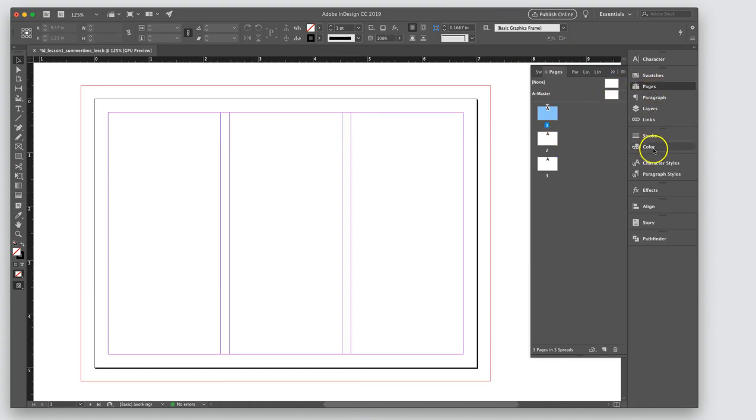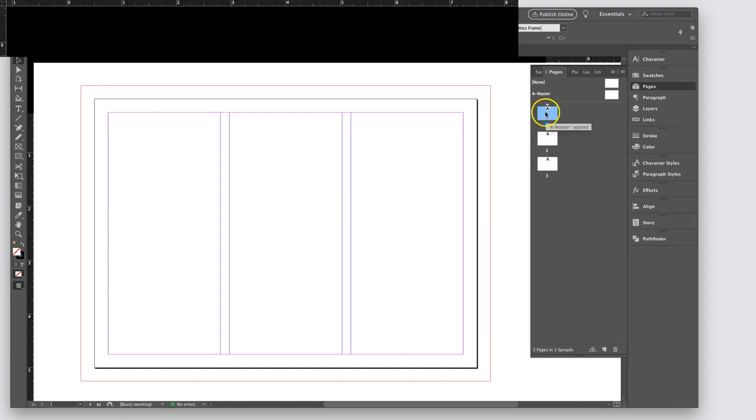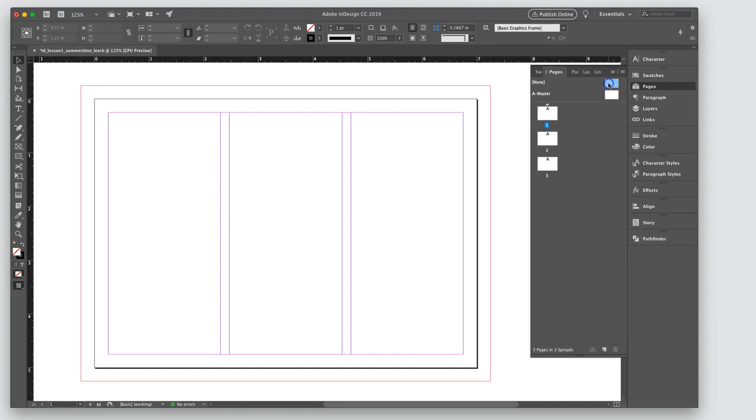So we're going to get back into Pages. So Pages is something here that we talked briefly about. It has all 3 of the pages that I set up when I first opened the document. And it has a masters and none. So if I grab the none and put it on here, see how the A goes away? It is no longer connected to the masters. Unfortunately for this project, we won't really need a masters, but I'm just going to show you what a masters